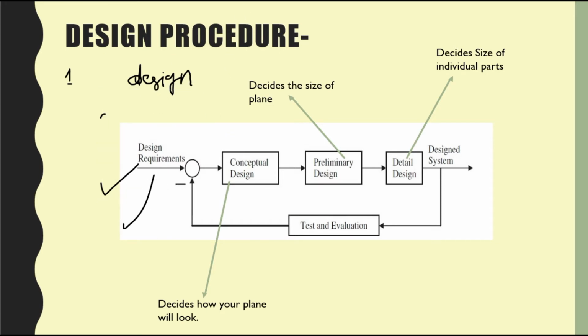Now the next part is where the process starts. It is a phase known as the conceptual design. Till this point you only have the purpose of the aircraft in your mind. That is, the purpose of the aircraft is clear at this point. So the requirements give you a picture of the purpose, like what exactly your plane is going to do.